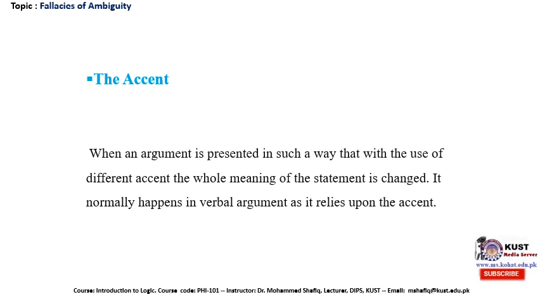And again, because the combination of the words is ambiguously used, that is why it is called fallacy of ambiguity. And also because it depends upon the accent, that is why this fallacy has been named as the fallacy of the accent. Now,